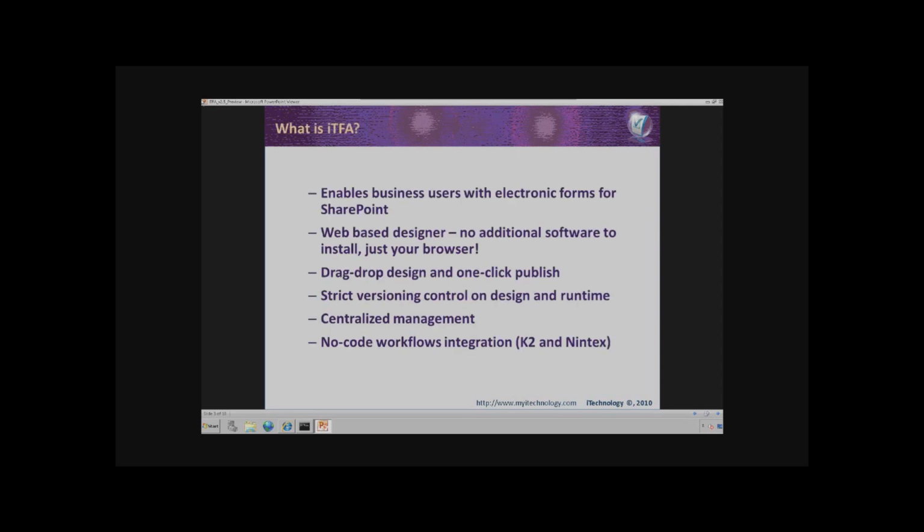Before we begin, let me remind you quickly what iTFA is. First of all, this is a tool that provides you with electronic forms for SharePoint. It's a web-based designer, just drag and drop to design forms, one click to publish. iTFA has strict versioning control on design and runtime. You have centralized management, and besides that, you can integrate your forms with workflow providers like K2 and Nintex